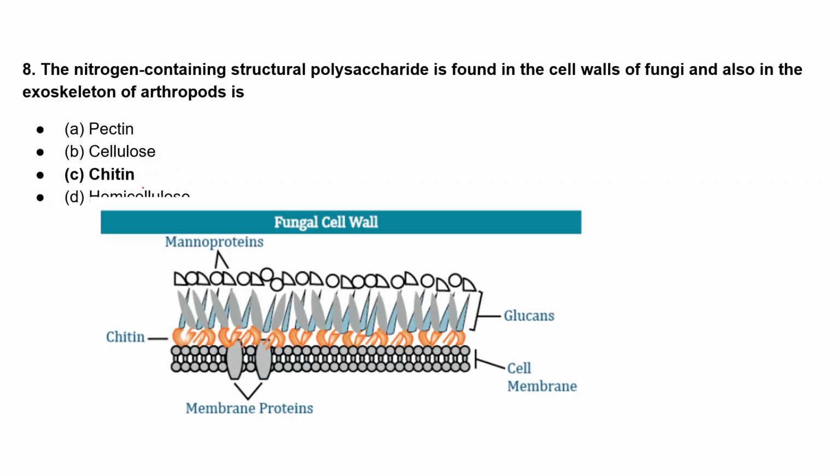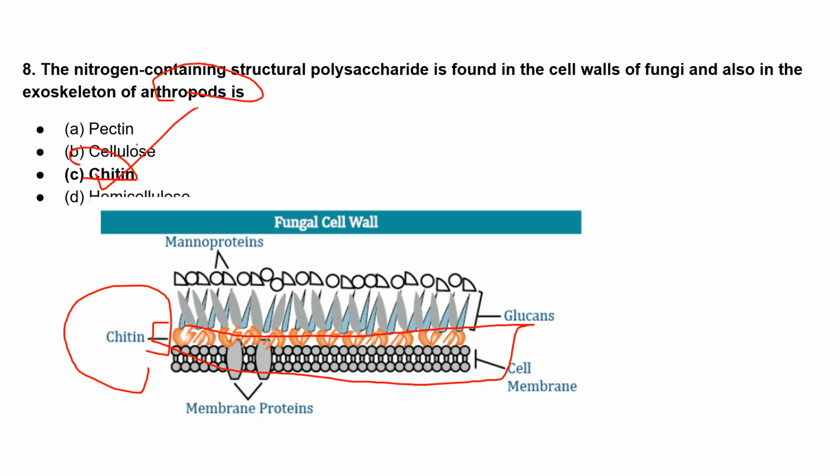Okay, let's see. You are right that chitin is the answer. Very good. Chitin is present in the cell wall of fungi, which is made up of this very hard material that provides strength and shape and maintains the structure of the fungal cells, right? The outer layer of the fungi is made up of chitin. Also, arthropods have a very hard, thick layer outside, which is also made up of chitin, a kind of polysaccharide made up of more than two sugars, right?